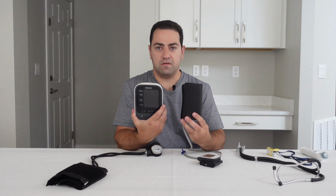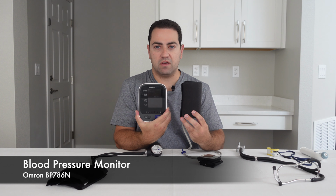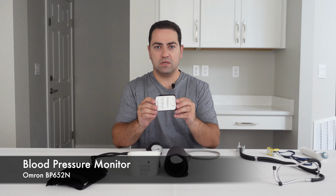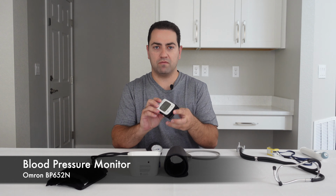two electronic blood pressure monitors, an upper arm cuff, BP 786N, and a wrist cuff, BP 652N, both from Omron. I religiously use the upper arm cuff all day long and seldom use the wrist cuff because of its inaccuracies. I also have a manual blood pressure cuff